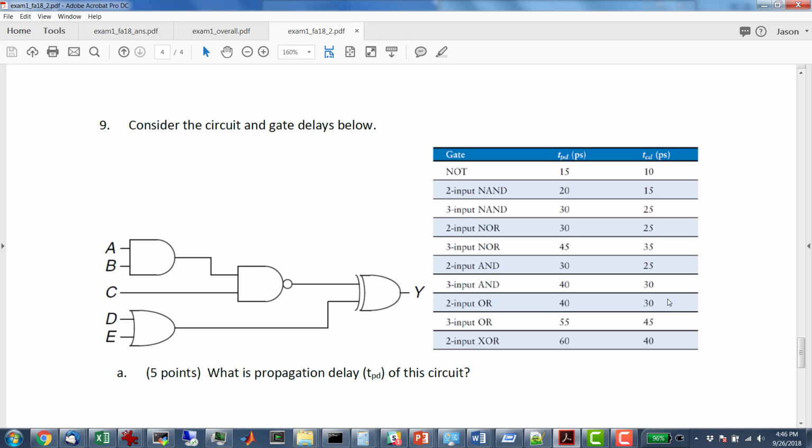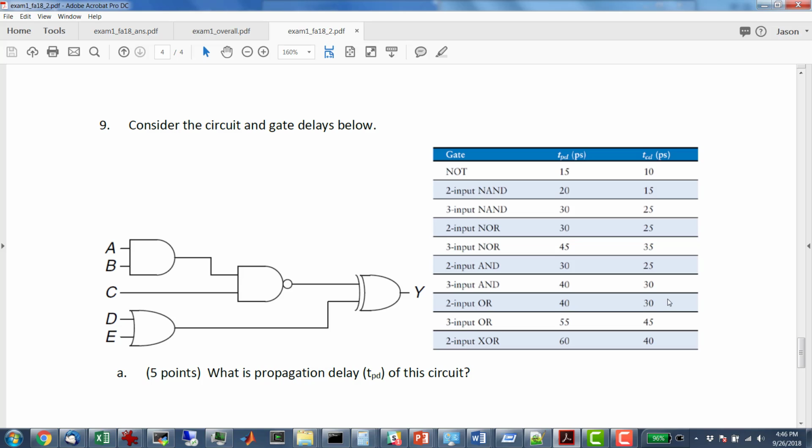That one's really slow. Did I do that right? OK, so the propagation delay is the longest path through the circuit. So if you go along, there's actually 3 paths through here, right? Because you could start with A and B, go through this gate, then through this gate, and then through that gate. So if you start with A and B, it's going to be 30 plus 20 is 50, plus 60 is 110,